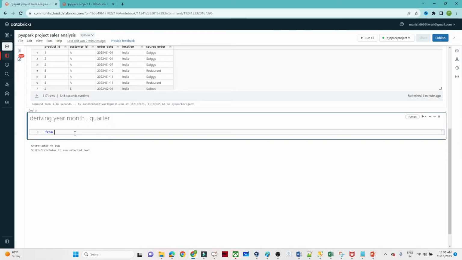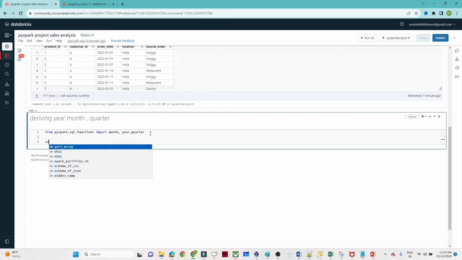For that we have one library you have to import, PySpark .sql .types or functions. You have to import month, year, and quarter. We are importing month, year, and quarter from this particular library. And after that we will use sales df. Let me copy this, sales df dot